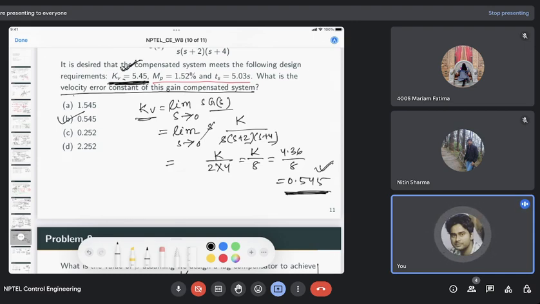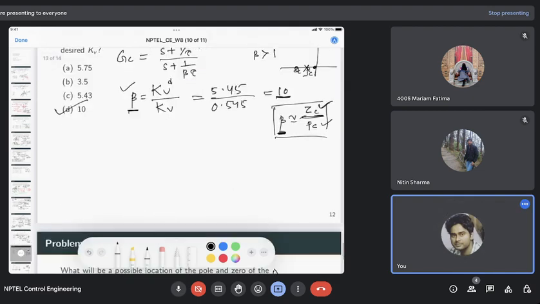Also, your dominance effect will not be met, right? Because you want your dominant poles to be located like this, and the other pole and zero to be located far to the left. But if you are adding a pole here, then these are no longer dominant poles. You want to cancel them. So how do you cancel? You add a zero there. So now instead of adding this pole at the origin, you add it somewhere near the origin and then a zero to the left of this. Together these will contribute the lag compensator,